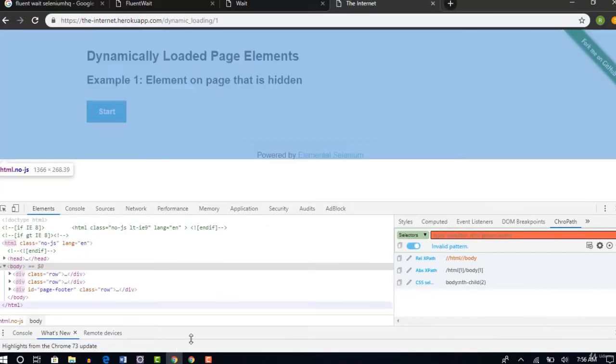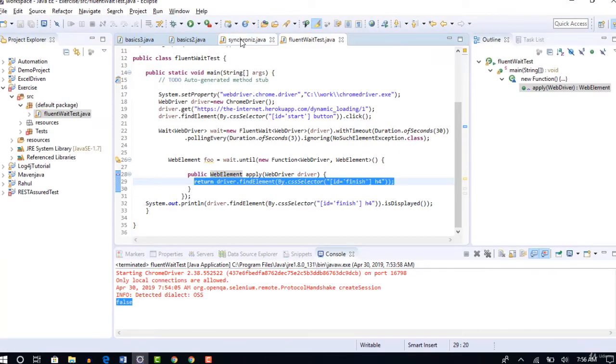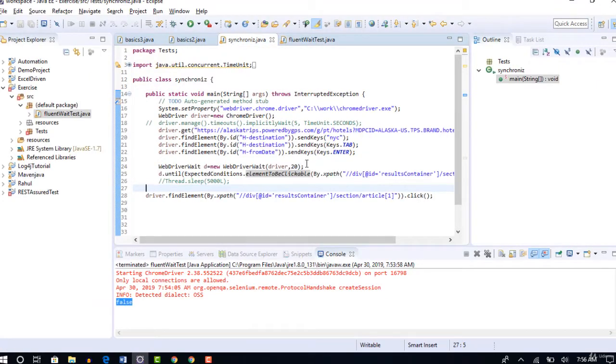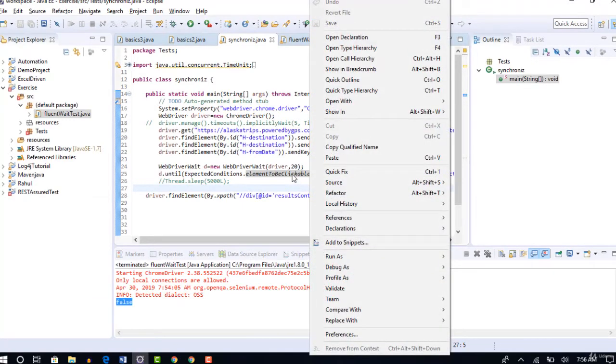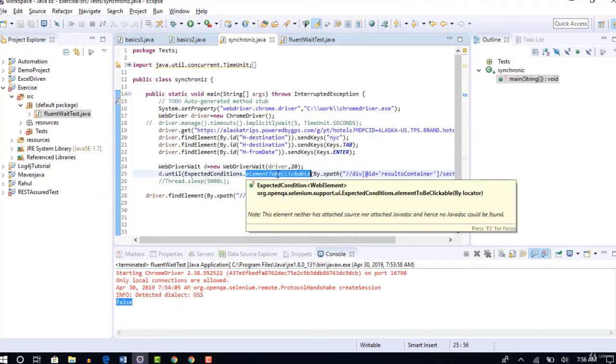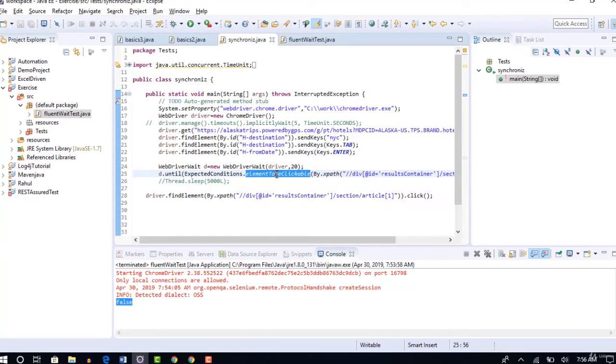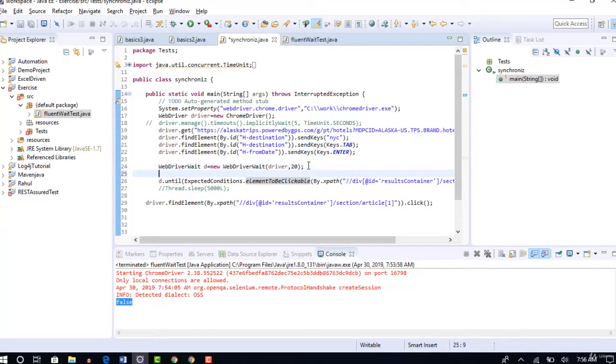That's why when you deal with WebDriver waits, you have a method like this, element to be clickable. Okay, element is present on the page, but until that element is clickable from front view, wait. That's what we are saying here. Okay, here also element is present on the first second only, but it's not in clickable mode. That's why we have used wait until element to be clickable.